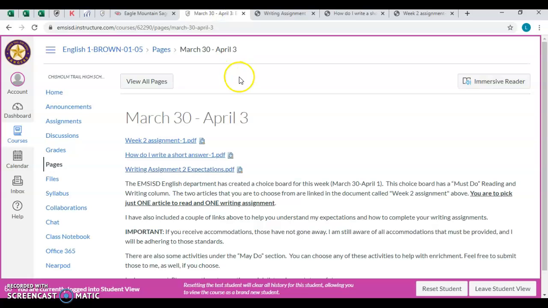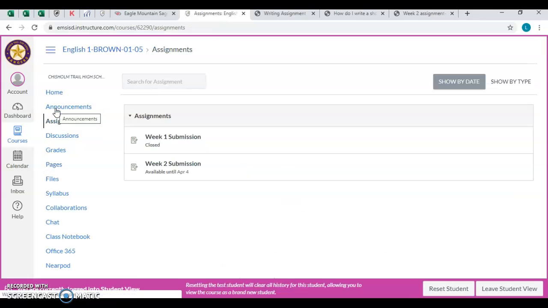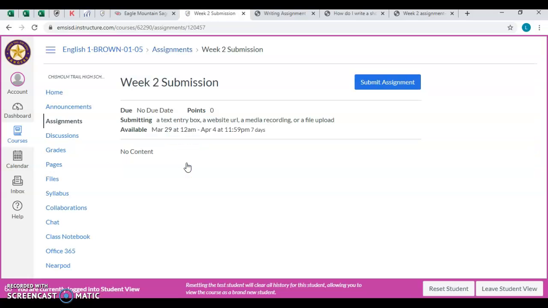So basically, that is all you need to do to find your assignments and to have a little additional help from me. If you have any other questions, of course, you can email me and I will get back to you as quickly as possible. Once you have completed those assignments, you come over here to the assignments page or the assignments link. You click on it, and here's week 1, here's week 2. We click on week 2 to submit,